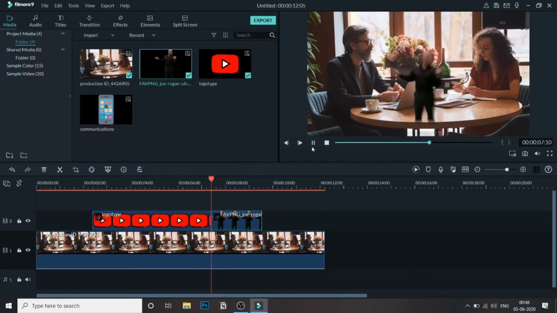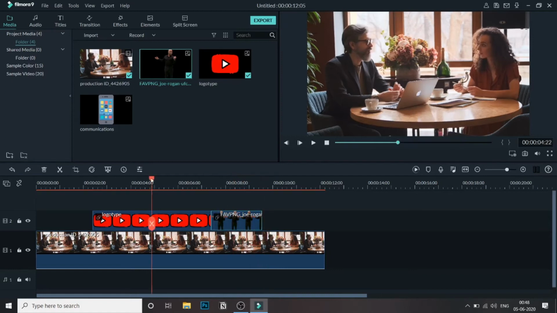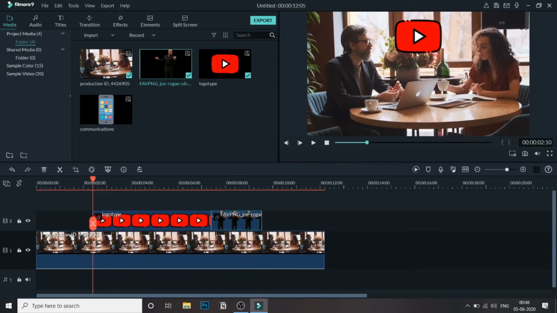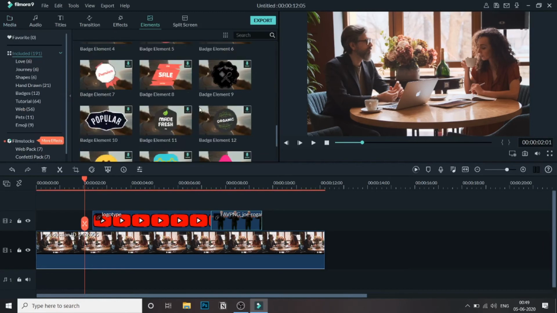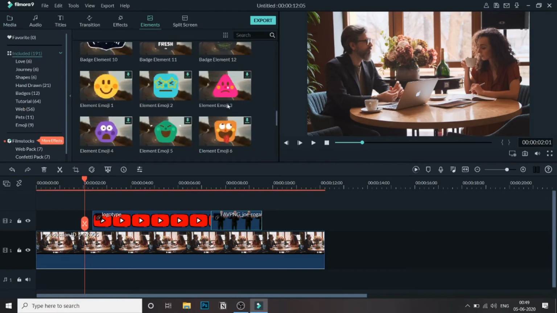Now when it plays, as you can see, the image has appeared. The next thing I wanted to tell you, many people have asked how we should point at a particular item or a person. So how can we use arrows? You can also, in the same way, download arrows from the sources that I mentioned for PNG images, or you can just go to elements. There are some free sources available for arrows and other things that you can check out.